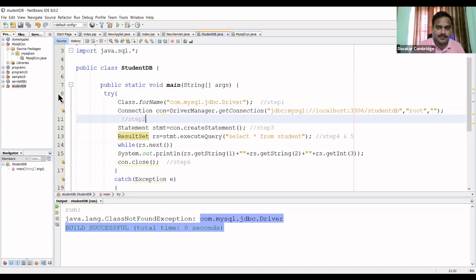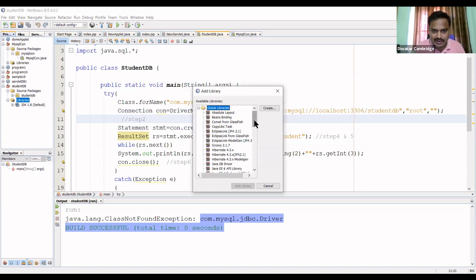How to do that? To do that, in the description I have given you one link for downloading the J connector. You have to download the J connector, right? You go to that link and download it. Now I have already clicked on the link and downloaded it here. Now I'll use the driver in my program. How to use it? Simple. You right click on this library, right? Add library is there.